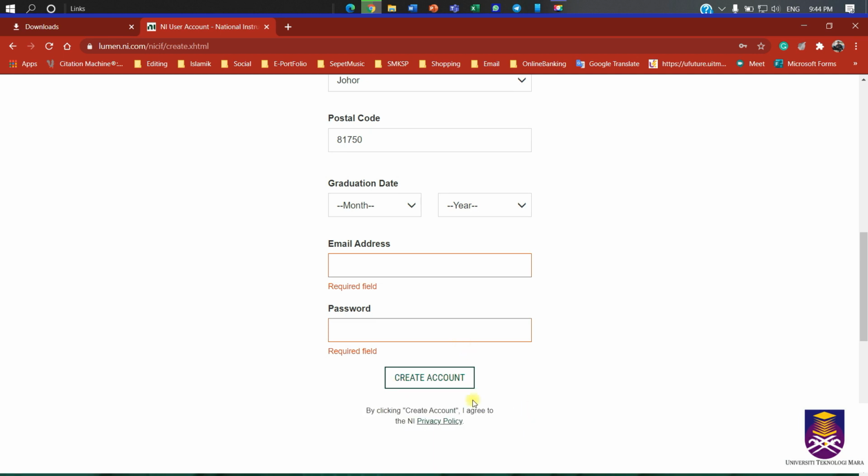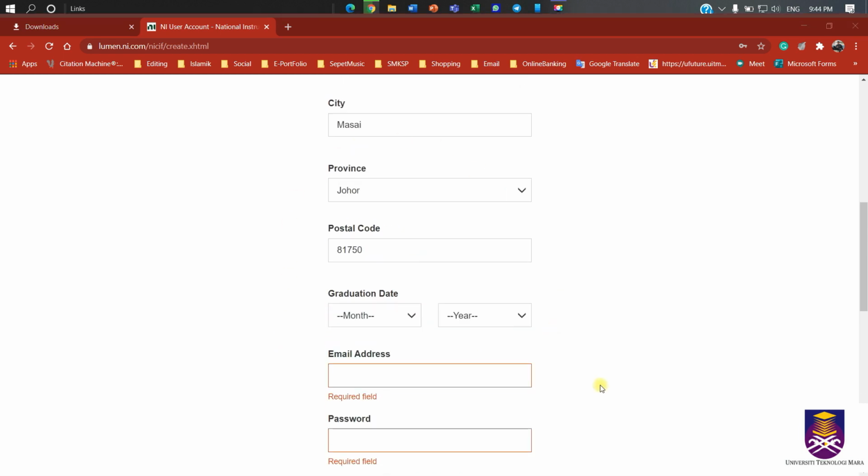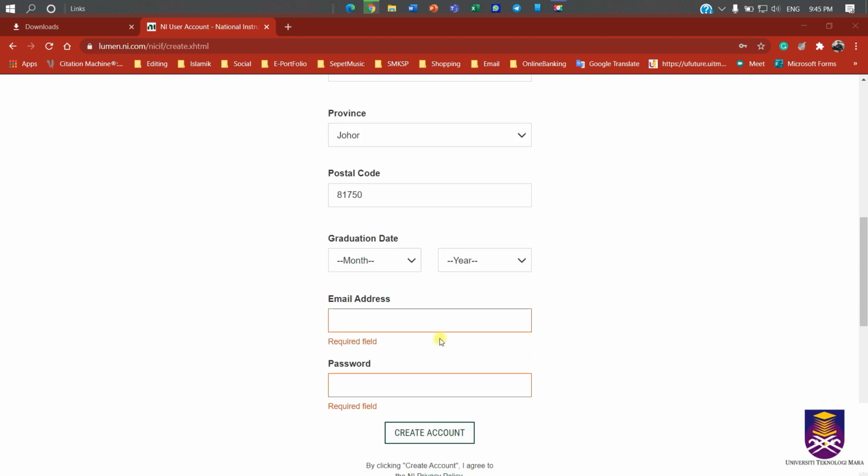So after done this part, so you guys akan dapat link confirmation. Okay, so you guys perlu pergi dekat email yang you guys register tadi. Just pergi dekat email tersebut and confirm the link given. Okay, so yang menjadi masalah sekarang untuk UiTM student email, you guys tak boleh masuk dekat Gmail yang biasa. Okay, so untuk check email